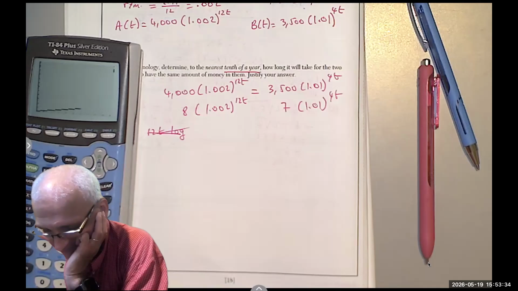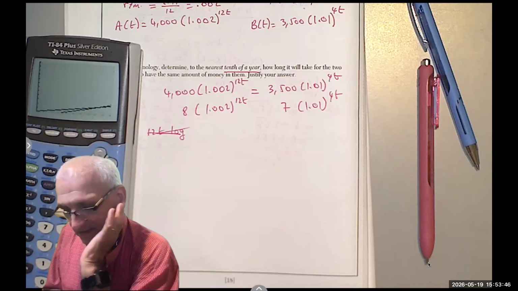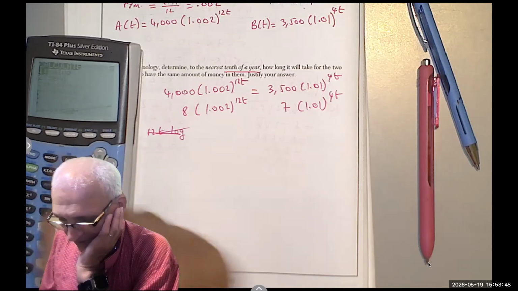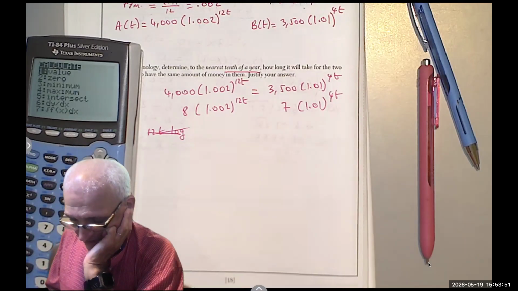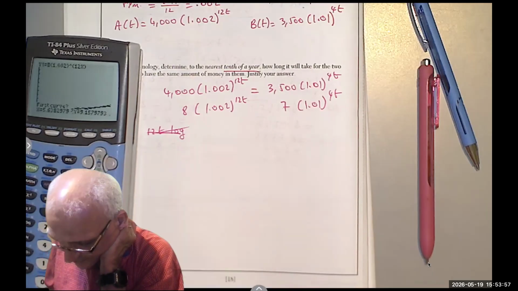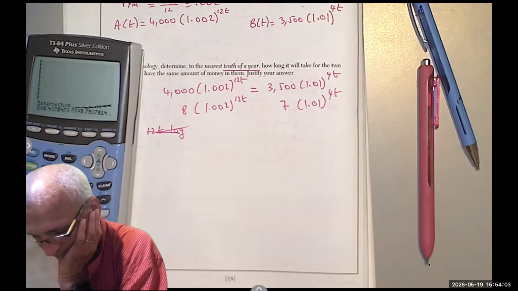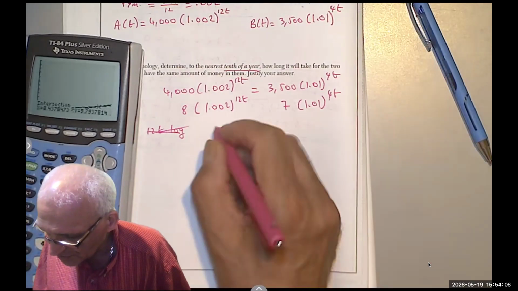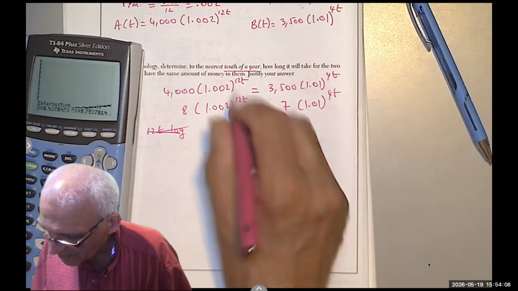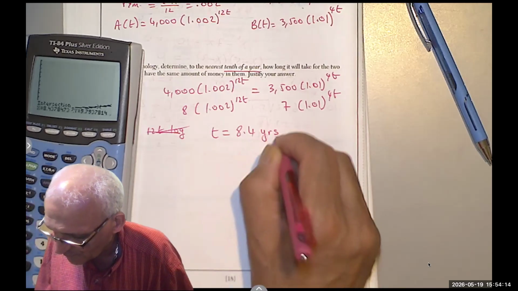Here's one graph. And here's the second. And you can see that they will intersect somewhere here. So you can go to calc and find the intersect. So for the first curve, maybe I am here. For the second, I am also here, whatever. 8.437. So t equals, they want it to the tenth of a year, 8.4 years. It will take them 8.4 years